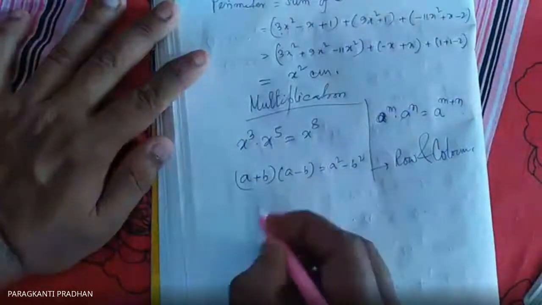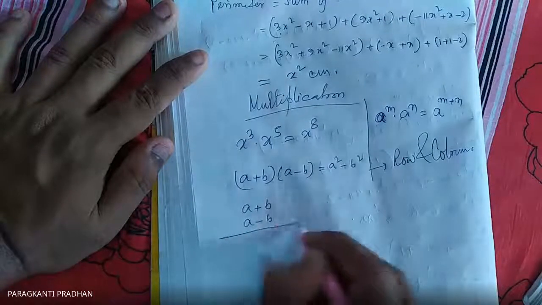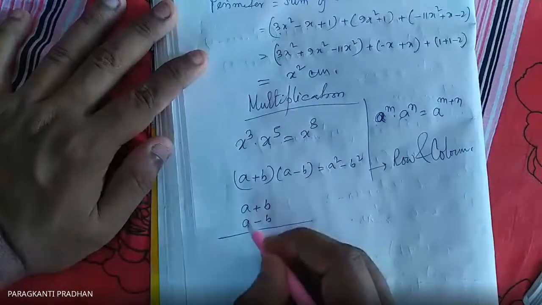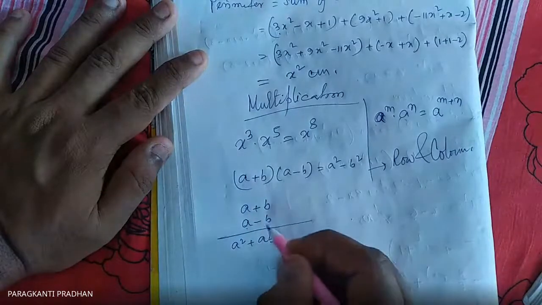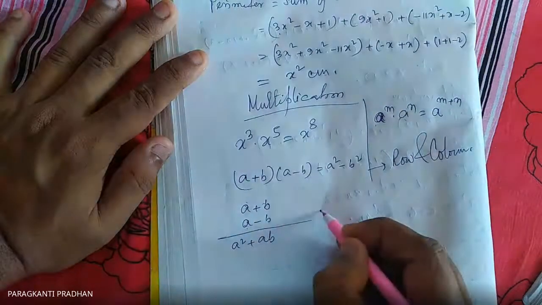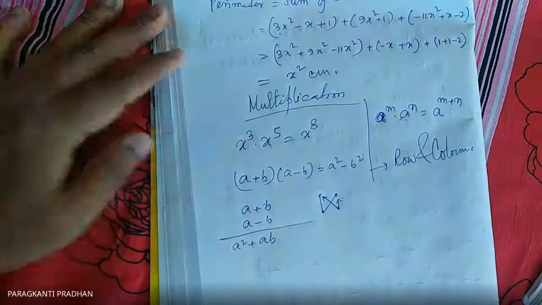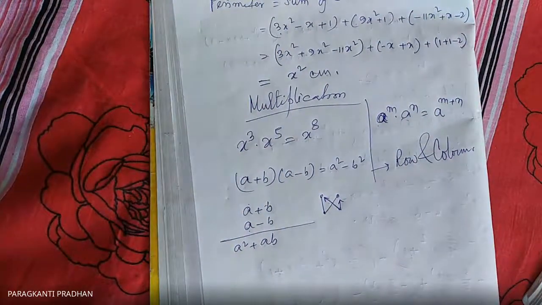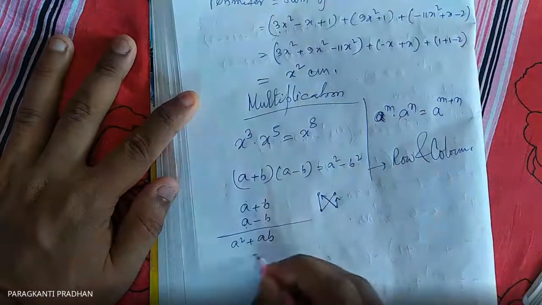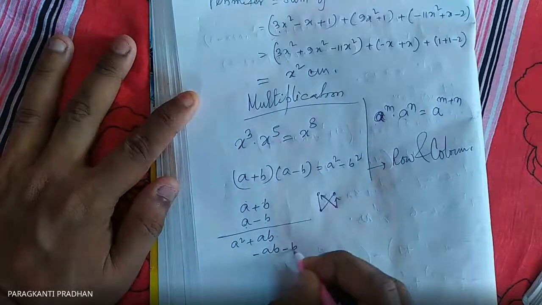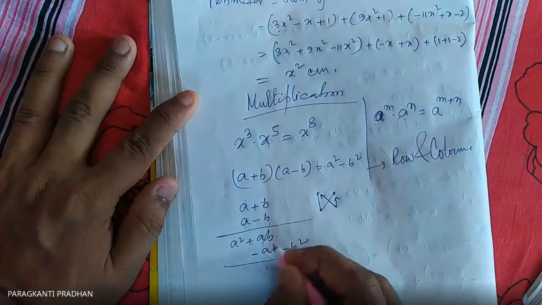Now we are multiplying a plus b into a minus b by the column method. So this into this, a into a, that is a square, a into b plus ab. Look, this into this, then this. So a square plus ab, then b into this is minus ab, minus b square. Now whenever we are adding, plus ab minus ab cancel,